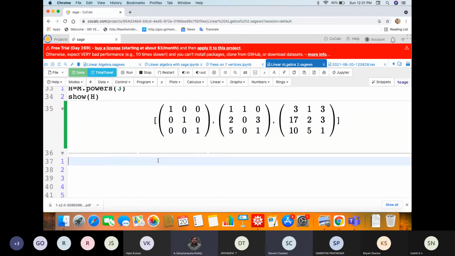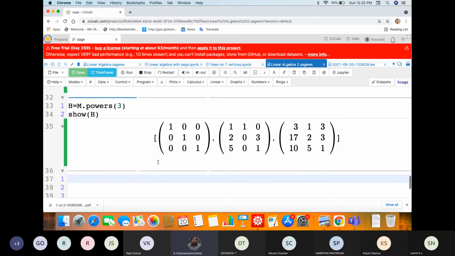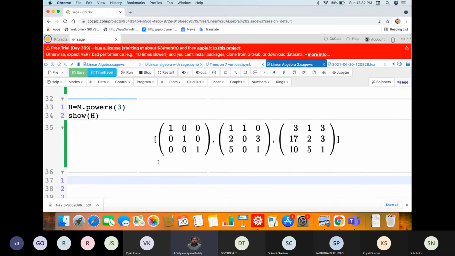Okay, so Shivani, I want to just say one point. I am combining the subject with this code. See a matrix of this form: the given matrix is 1 1 0, 2 0 3, 5 0 1. That matrix is a non-negative matrix, meaning all entries are non-negative. In matrix theory, matrices of that form are called non-negative matrices.